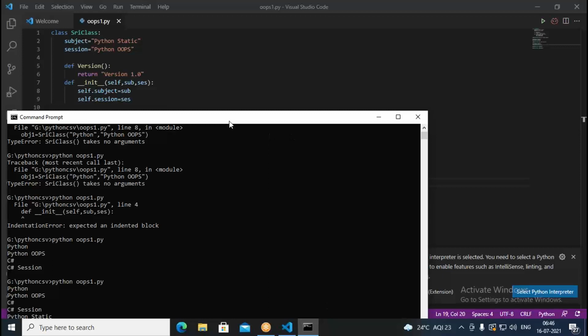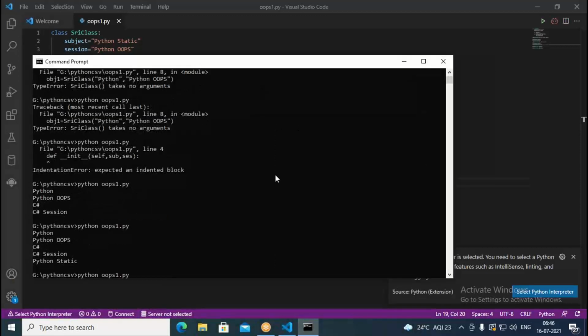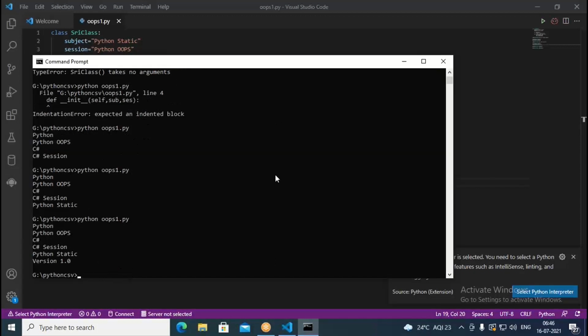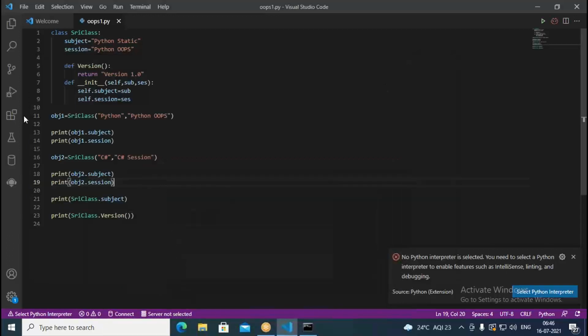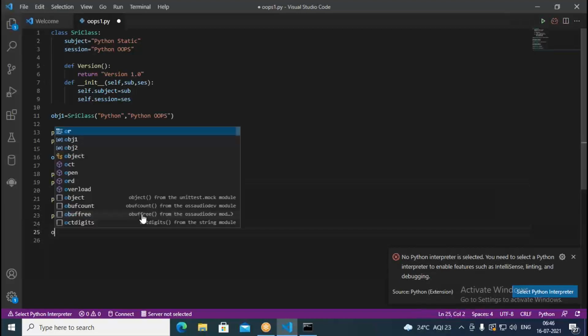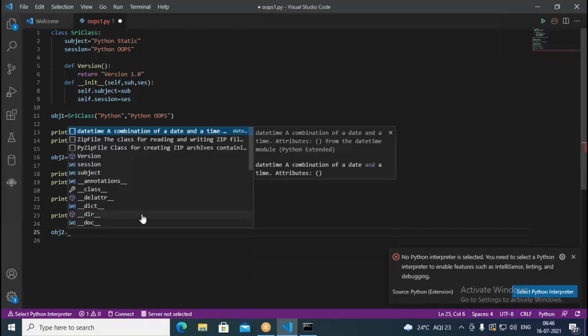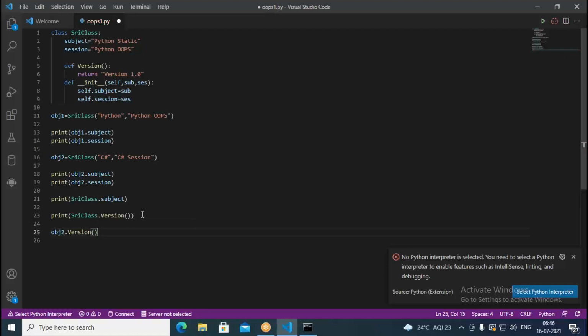Now let me once again execute this piece of code. What happens? It says version 1.0. So if you try to use this with an object, it gives an error. I cannot use this version with the object. If I try object 2 dot version, what will happen? Let us see that.